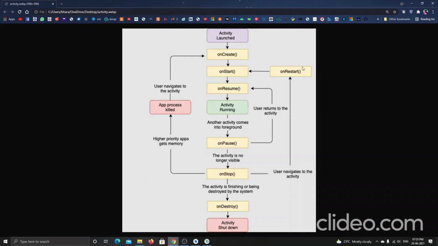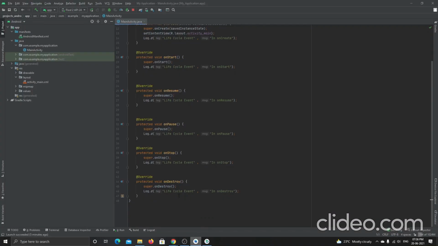See here, I missed one method, which is on restart. When I stop the app, it navigates automatically back to the activity and restarts the application, and then it comes from the start method. So I missed that, and I will enter it after on destroy.